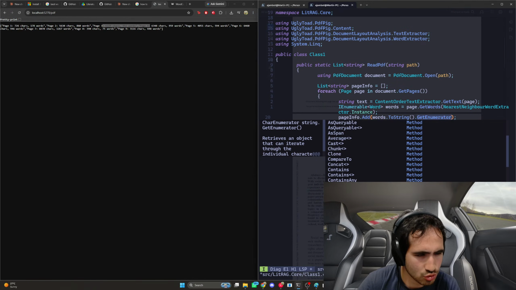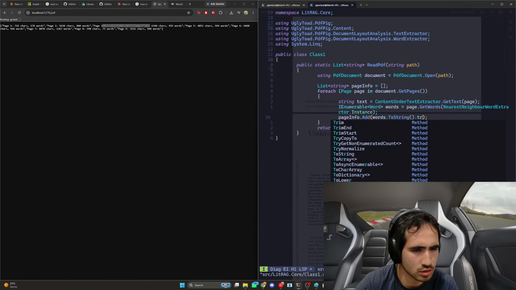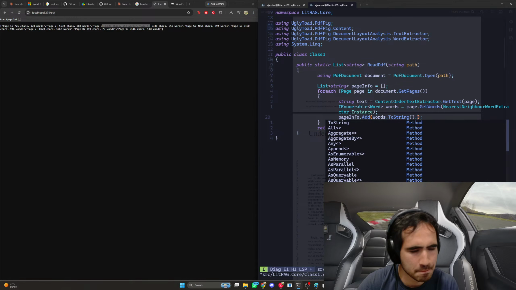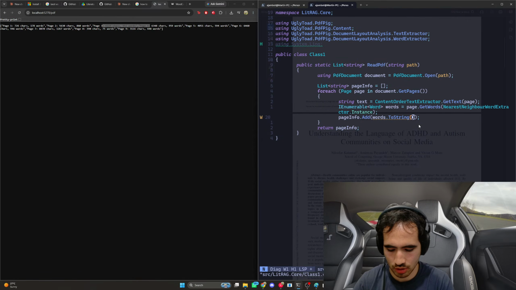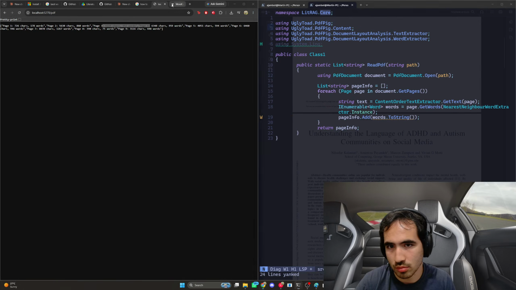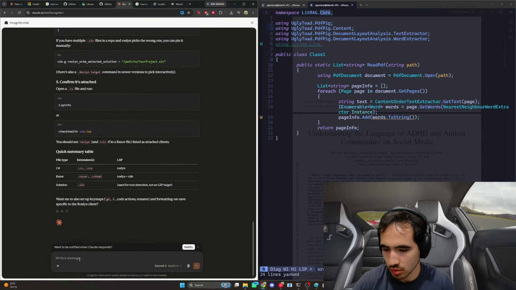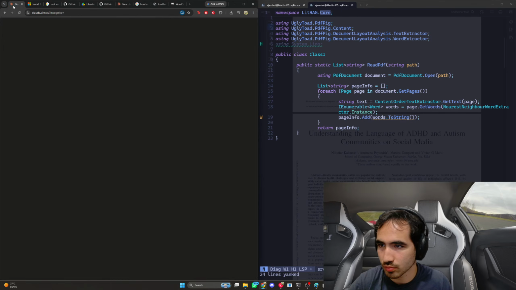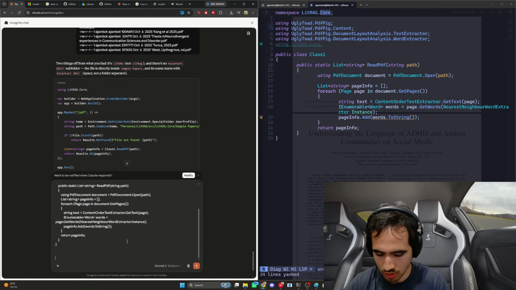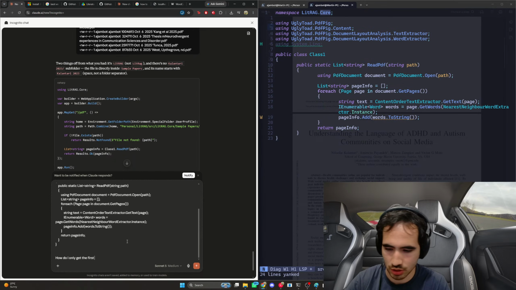Can we truncate? How do I only get the first 500 words of each page in the array?